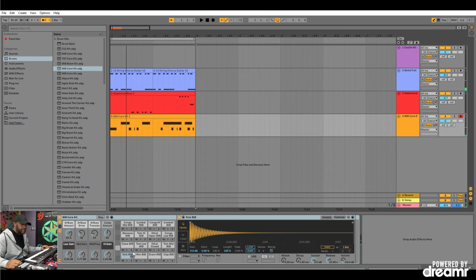That makes sense? Now let's say you're like, oh man, I just wish my kick was louder. You can go into this gain and turn up the kick. The gain is right here. So if you want to turn the snare up,